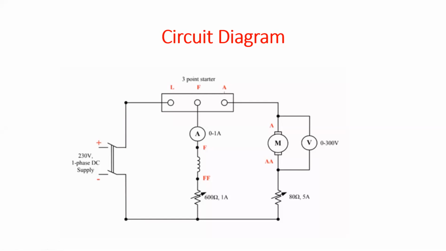So that is one, and another is the digital, which is non-contact type. Instead of connecting it to the shaft of the DC motor, by remote controlling, you can measure the speed. In that, usually a white tape is pasted on the shaft of the DC motor, and this remotely controlled tachometer,